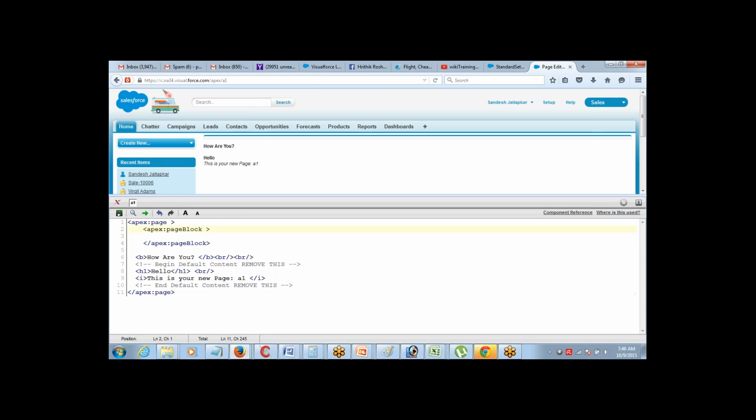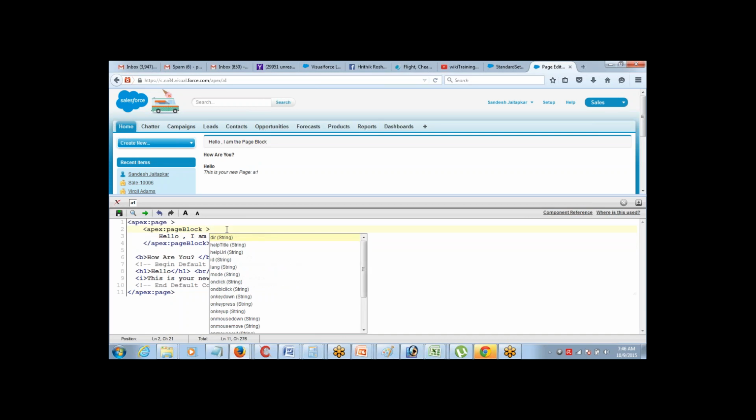Okay, now you can put some content inside this page block. Hello, I am the page block. You see this? And this particular thing has come inside that particular page block.